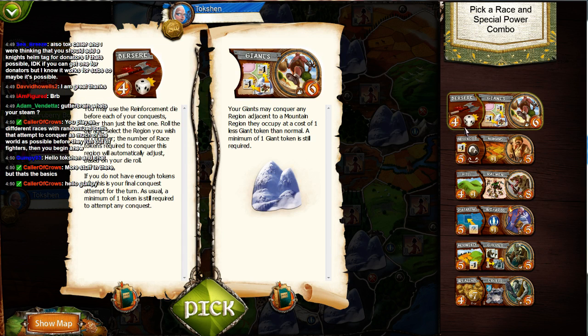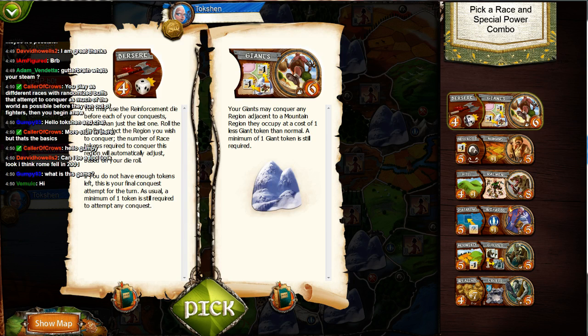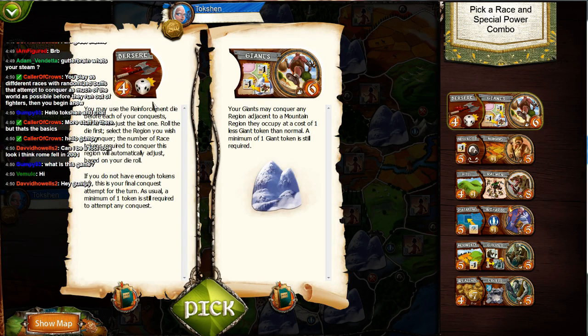Alright, so when you begin the game, you're going to see over here a list of races and special abilities. These are randomly determined every single game, and they all do different things. Down right here and right here on these cards is going to tell you how many tokens of this race you're going to get. So this is going to tell us what Berserking does for us, and this is going to tell us what